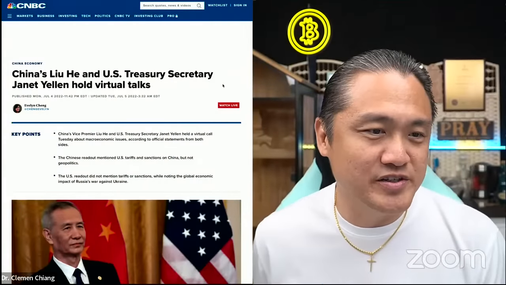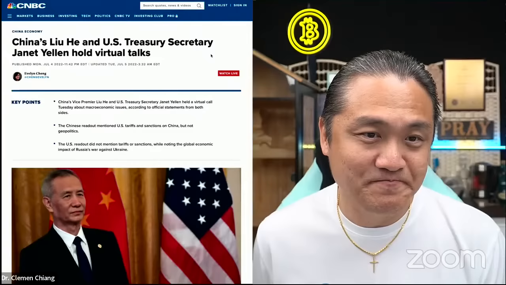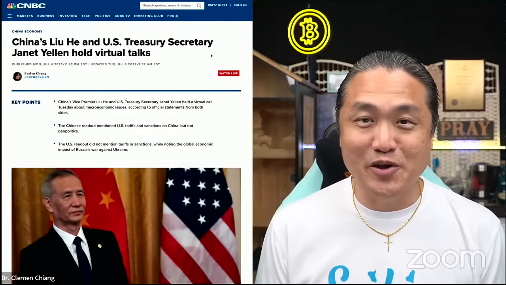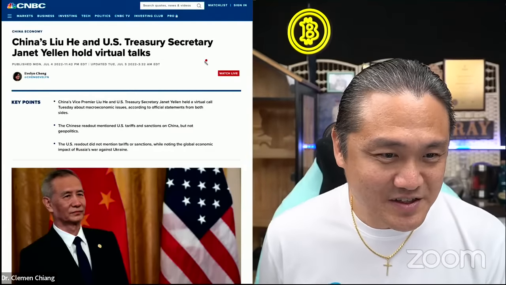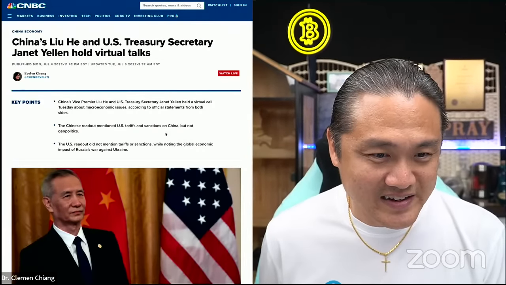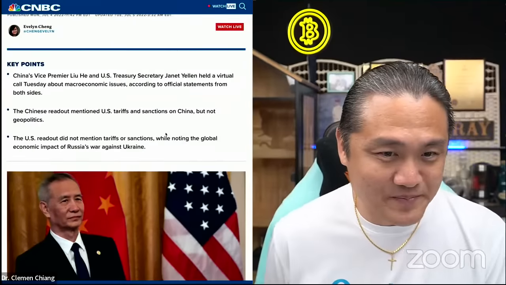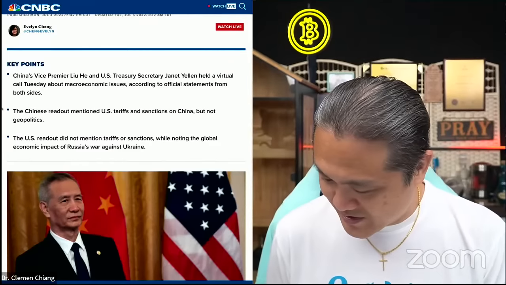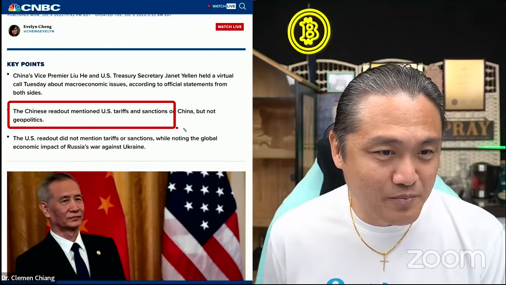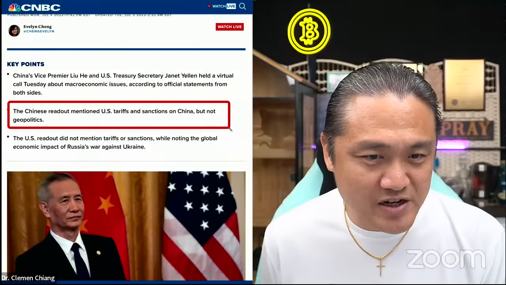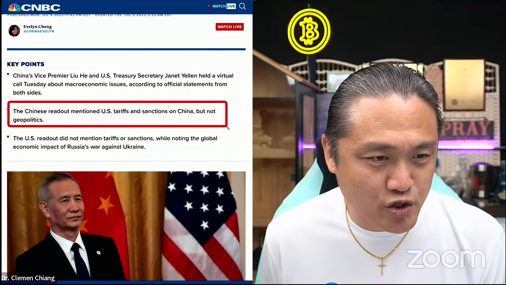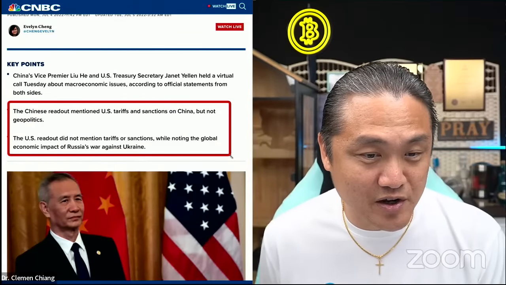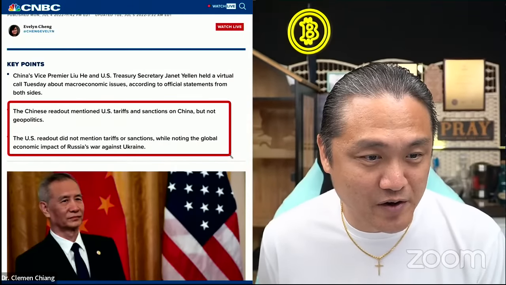China's Liu He and US Treasury Secretary Janet Yellen hold virtual talks. All right? It's a virtual talk. It's at least better than the Donald Trump era, right? So the Chinese read out one very important line. All right? And that is this paragraph. The Chinese readout mentions US tariffs and sanctions on China, but not geopolitics. All right? But the US readout did not mention tariffs or sanctions while noting the global economic impact of Russia's